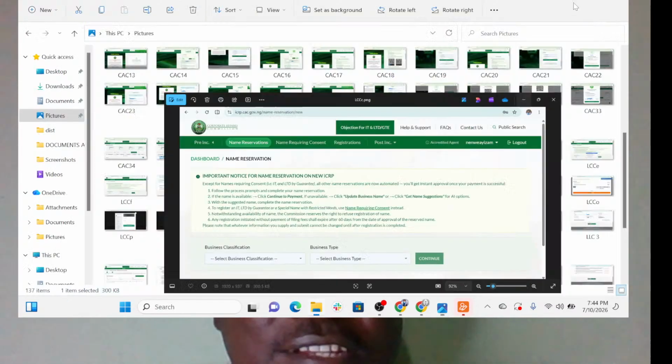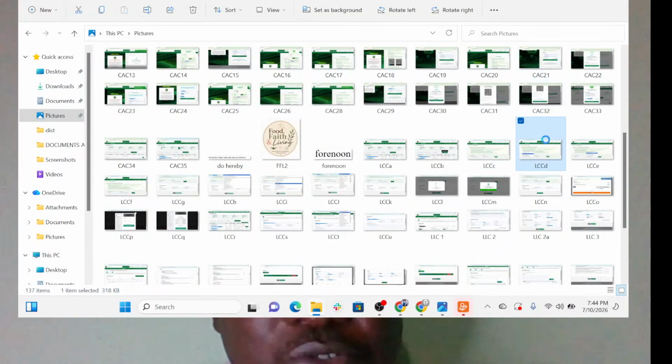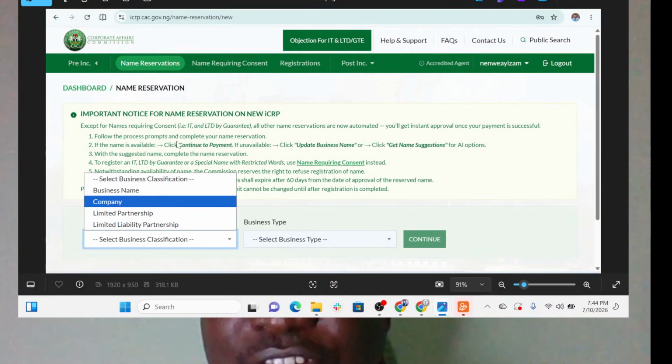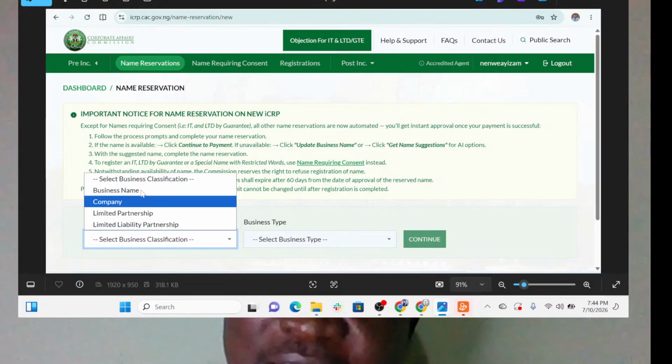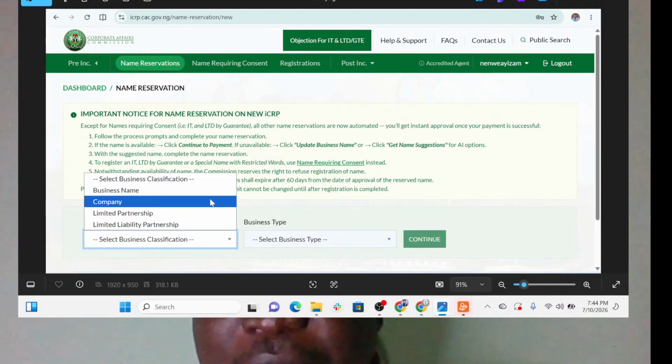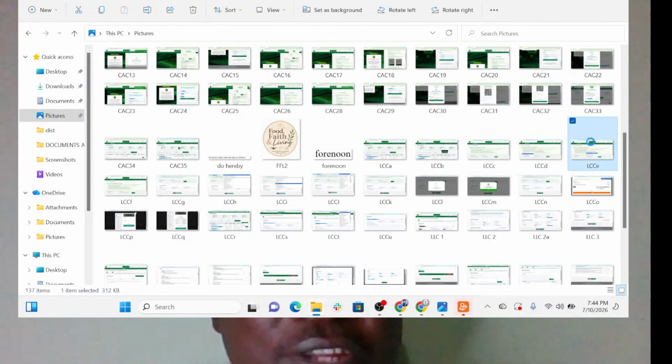When you click on that, it will lead you to this particular interface. When you click on that, it will bring you to this place, select business classification. It will take you either business name, company, limited partnership, limited liability partnership. So here, what we are doing is company. So you click on company, then you go to the next one,